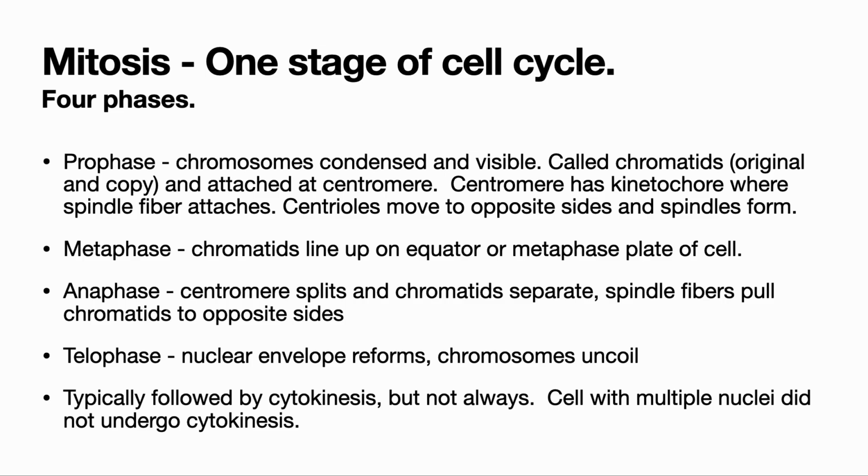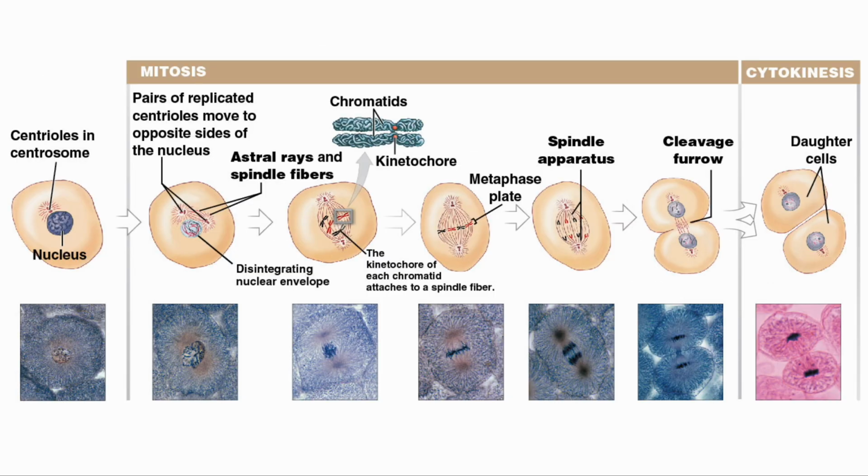And so for us, we're going to have the 4 phases of mitosis: prophase, metaphase, anaphase, telophase. And in lab, you should have learned about each of these phases and what events happen during each of these phases and what these cells look like under the microscope during these phases. So this slide gives you that information. And then on this slide, you can see some really nice pictures of cells as they go through the phases